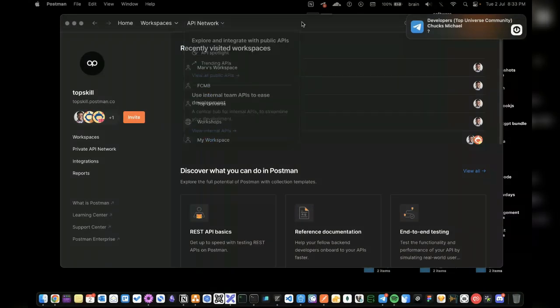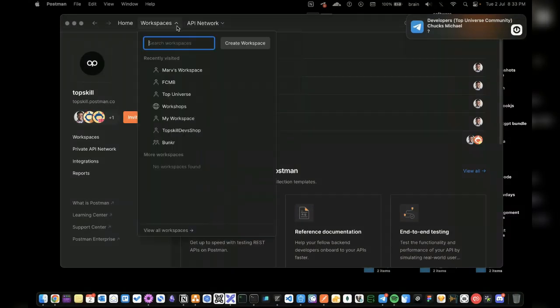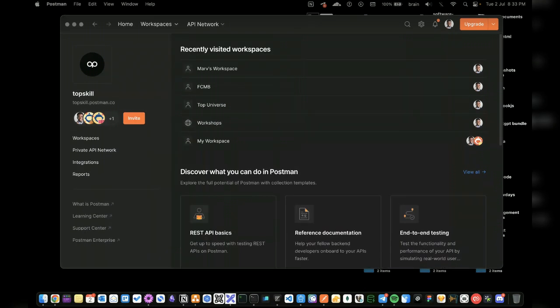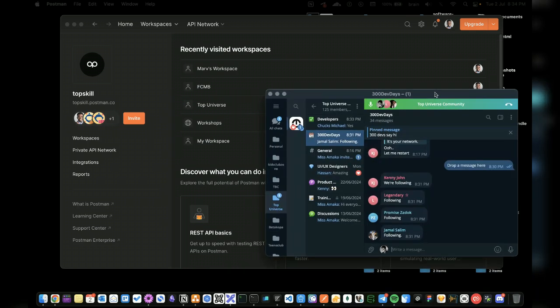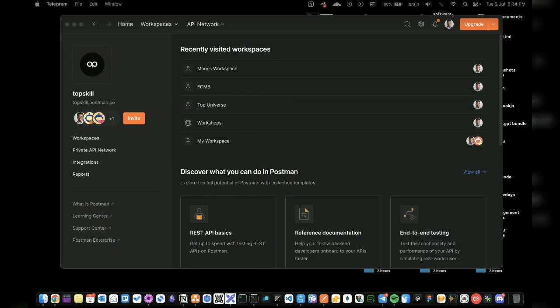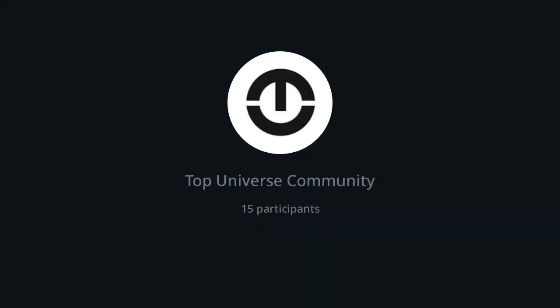Someone is asking what is the name of the workspace. Well, I'm saying you can create your own workspace. This is Postman. Can you see my screen? Someone dropped a message. Please drop your messages in the 300 Dev Days channel so we can be on the same page. Okay, what's the name of the workspace? Let me go back to the 300 Dev Days chat. See, I'm actually looking at the chat. So please make sure you drop the message in the 300 Dev Days topic here so that it will be easier to follow.